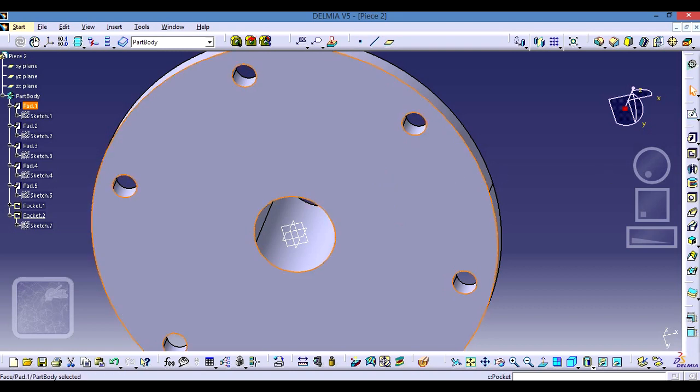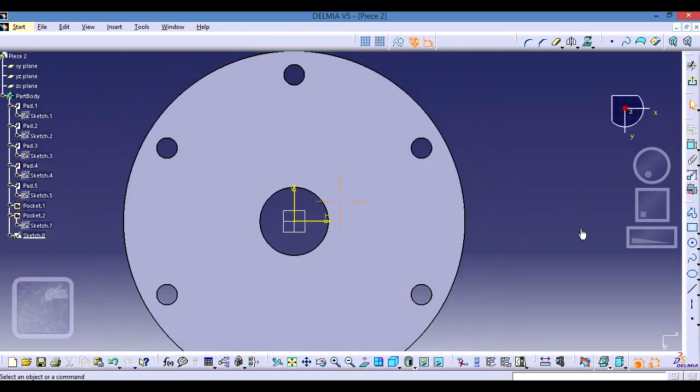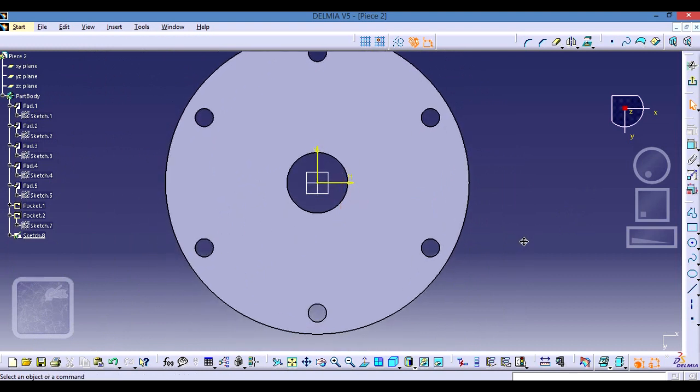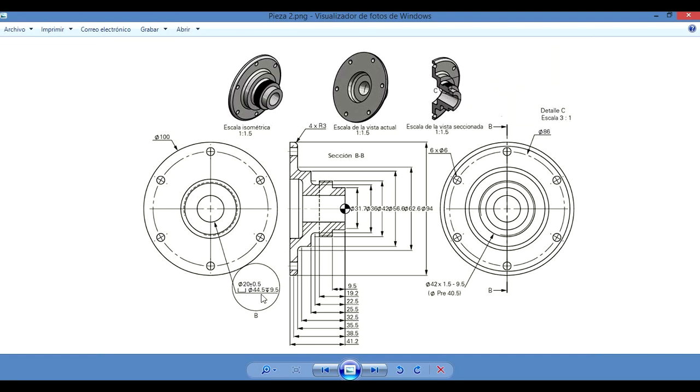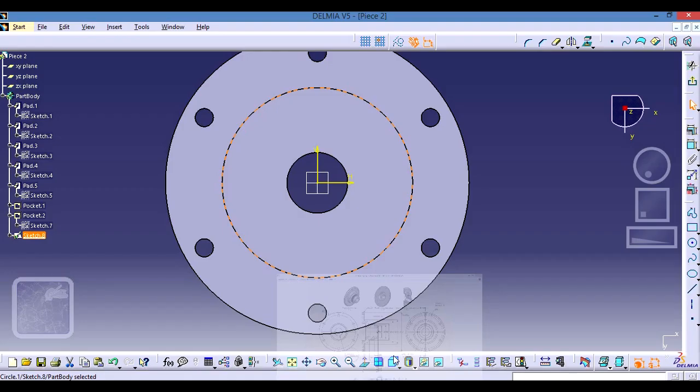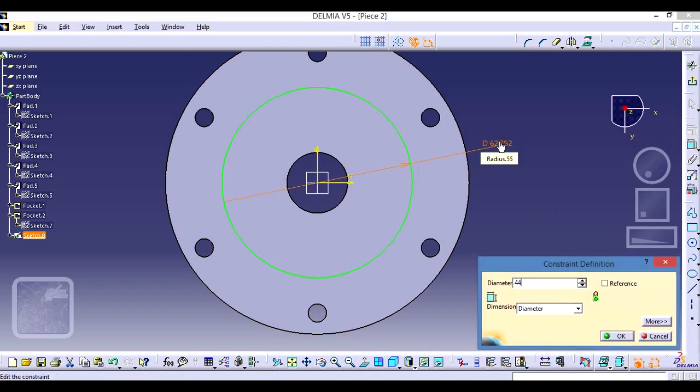I'm gonna click on here, sketch, the part below, sorry, and I'm gonna add another circle. I'm gonna click here, I'm gonna add this circle, and remember the size is 44.5. I add the size by clicking on constraint, 44.5,